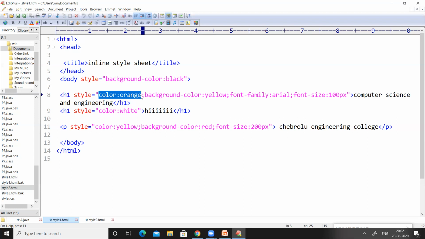If you want your text to be orange over the web page, then you have to pass color colon orange, and all the values should be represented within double quotes. If you want your text to be displayed in red color, you have to pass color colon red. So in order to change the color of the text, we can use color colon name of the color.